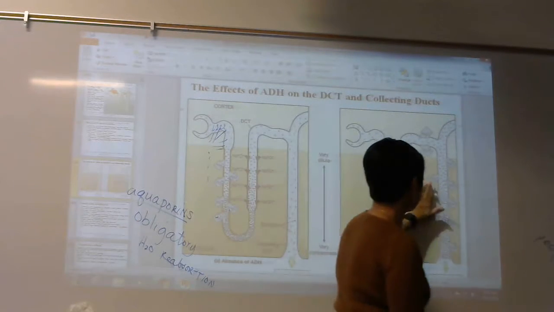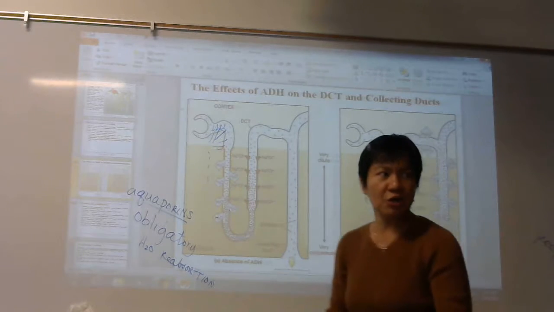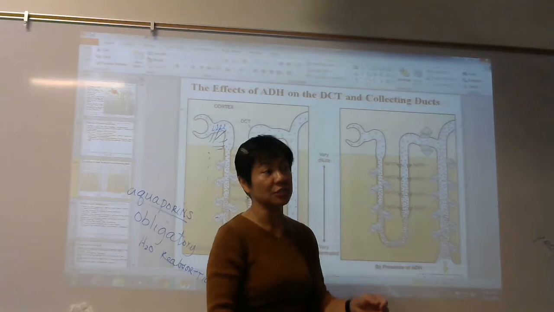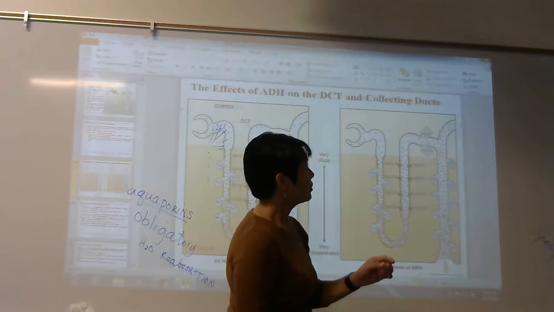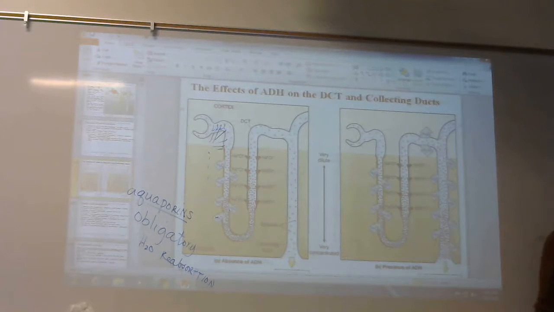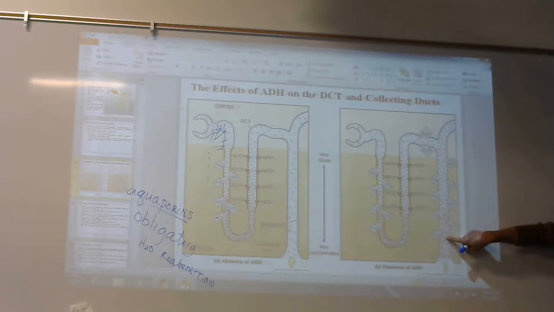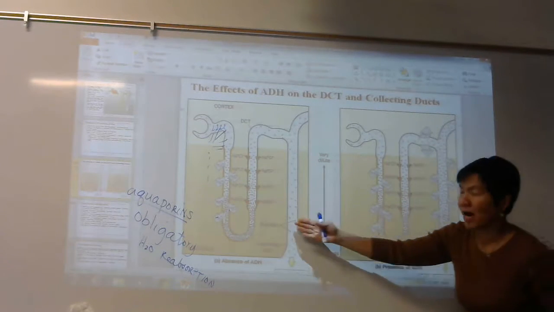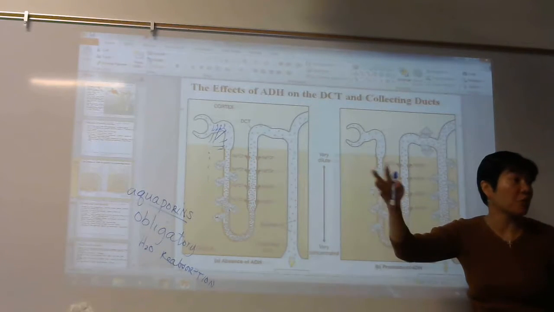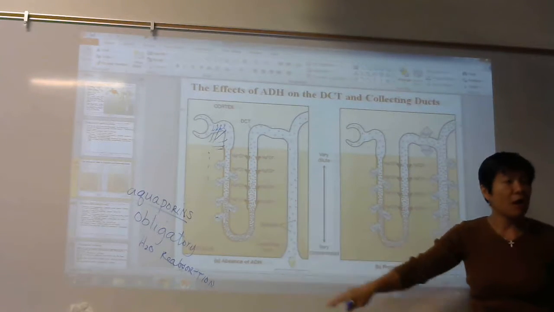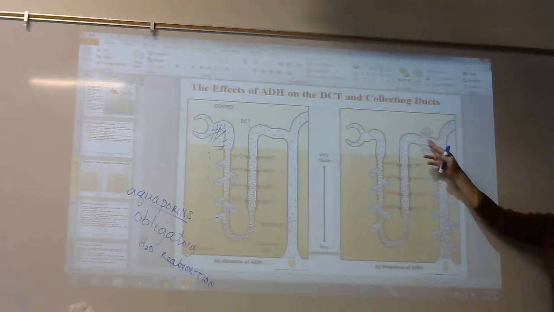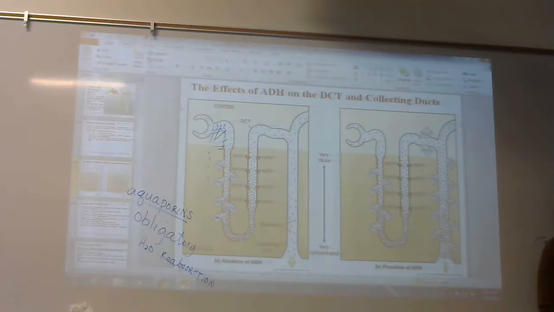Okay? Here is where sometimes you're going to have dark pee, sometimes you have the light-colored pee. It depends on your degree of hydration. So this part right here is called the distal convoluted tubule, then you have the collecting ducts. Compare this with this one. Normally, no water channels called aquaporins. When you're dehydrated,